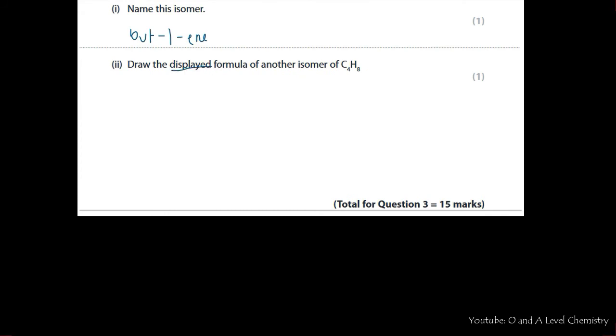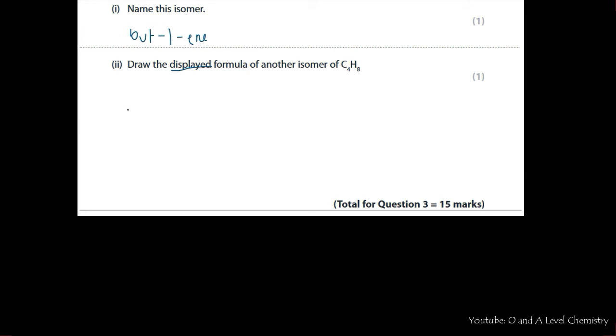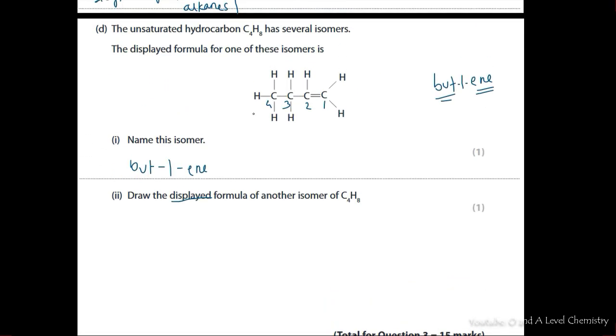Now notice that they ask for a displayed formula. So don't forget about that. Don't make that mistake. All right, I'm just going to grab a different color. All right, let's do this. Okay, so the first trick is I can just move the double bond here to the second one. So in that case, what I would have is